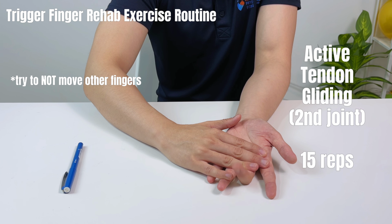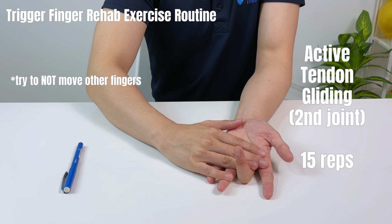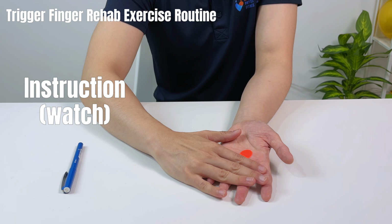4, 5, 6, 7, 8, 9, 10. Okay, give me 5 more. 1, 2, 3, 4, and 5. Okay, now next up, move 1 segment up, right, from here towards here until only the last